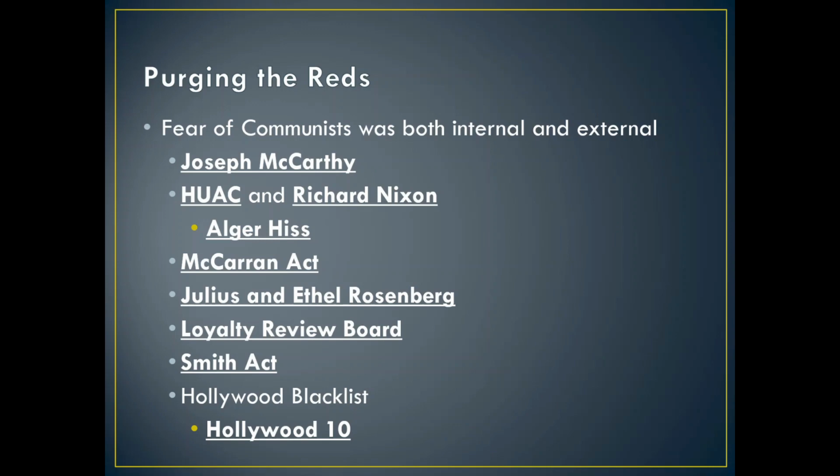Eventually, Whittaker Chambers gives them information that proves that Hiss was a communist. And we know from the release of Russian files in the 1990s that Hiss was definitely a communist. So Nixon was right here. On top of that, he was giving away state secrets, so he was also a traitor.